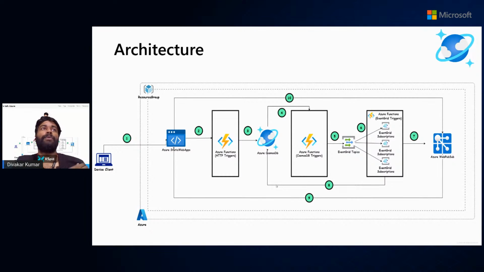Now we come to the architecture of our Cosmos Spark application. This is going to be our device skyline. Consider this to be any browser or any user. They are going to reach our plain JavaScript HTML application that is hosted in the Azure Static Web App. It is a hosting platform where you can host the front end as well as the back end, and you get a lot of other features which I'm not going to cover in this session because it is a different session on its own.